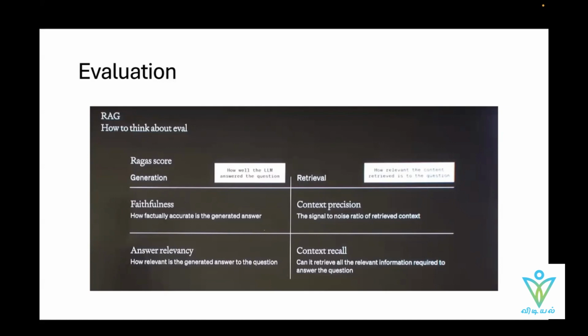The retrieval again is checked. Whether the retrieved chunks are relevant to the question, like I previously said, which means your vector database doesn't have enough information to answer that question, or your vector database is not searching properly. So all these different metrics are checked and then given a score. So once you know what is wrong here, you can go fix that part of the process. Either change the vector DB or change the search method or change your prompt so that the LLM answers the question correctly,